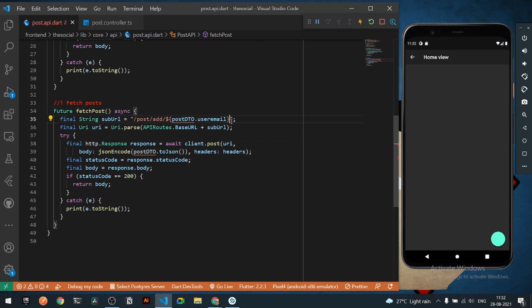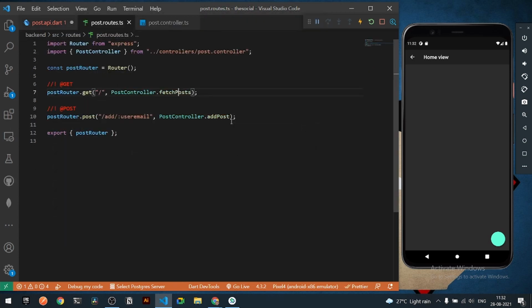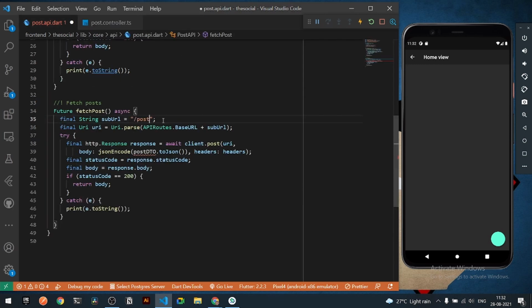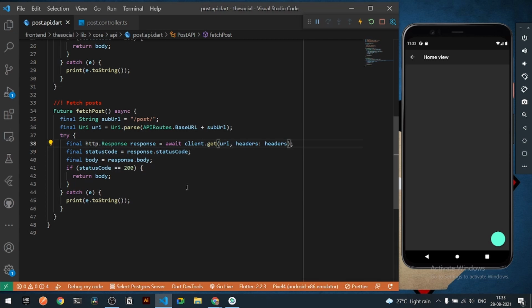First of all, we'll require a different URL, so let's check the post routes. The route will be nothing but simply a home route, so we don't require any route but only slash. You can see we'll only require a get request. So I can say get and I can remove the body. We don't require any body now. So this should be it for getting the entire data.